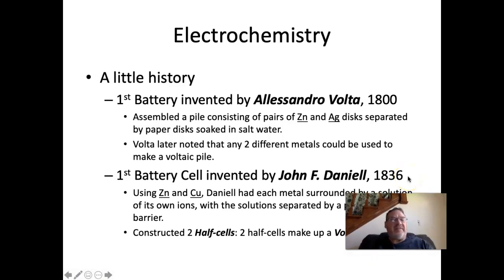Hey everybody, it's Mr. Francis, and this is a review for Chapter 19. We're going to get into electrochemistry, and we'll get a little history, but there's actually two areas that we're going to focus on. One is the reactions that you see in an electrochemical cell, and then the calculations for that,